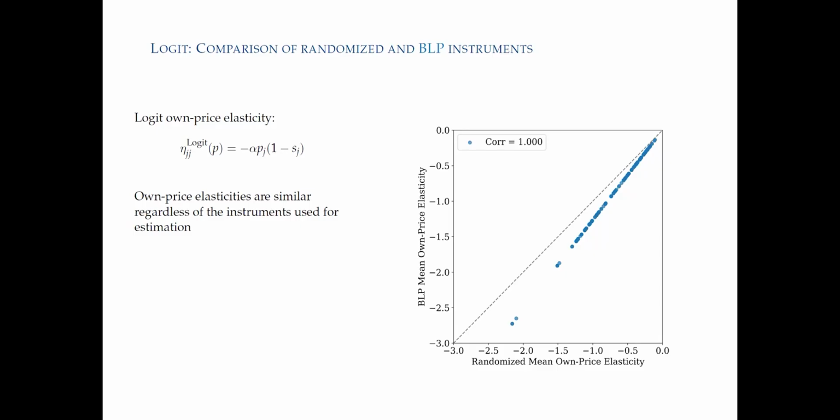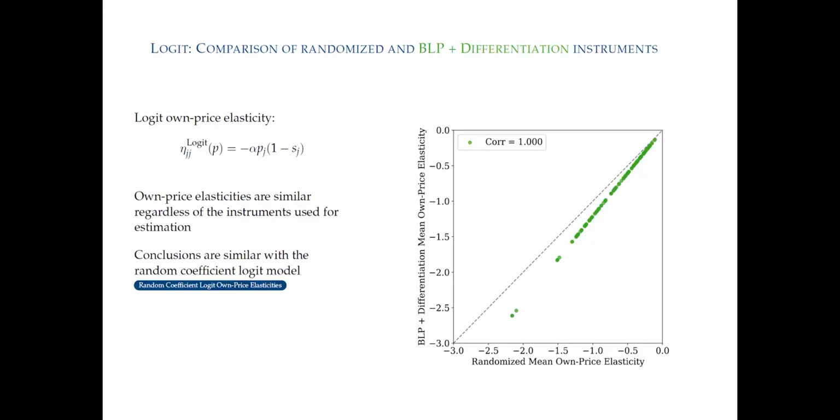Of course, the correlation is going to be 1, because with logit it's only going to shift the alpha, the price elasticity, up and down. What's remarkable here, I think, is if you look at the y-axis, it's the BLP randomized elasticity. These are across all these different goods. It's not exactly the same. It's not a 45-degree line. It's a bit shifted down. But it's remarkably similar. What about the differentiation instruments? Same. What about combining them? Same. What about if I do random coefficients? Very similar. Cross-price elasticity is very similar.